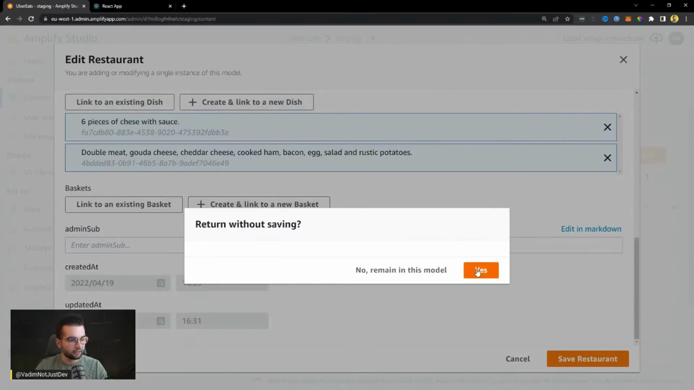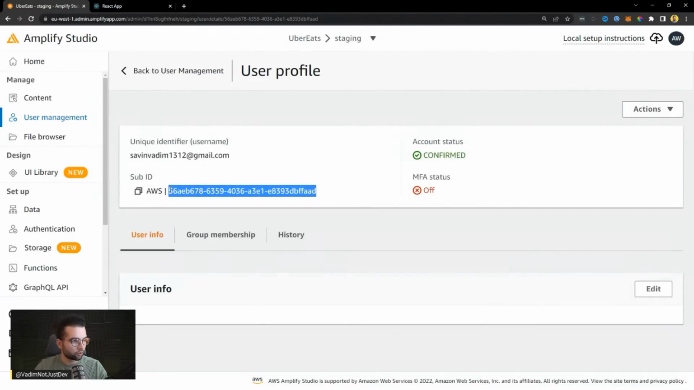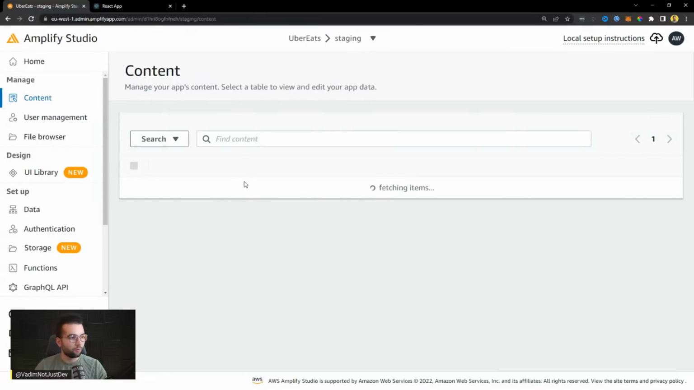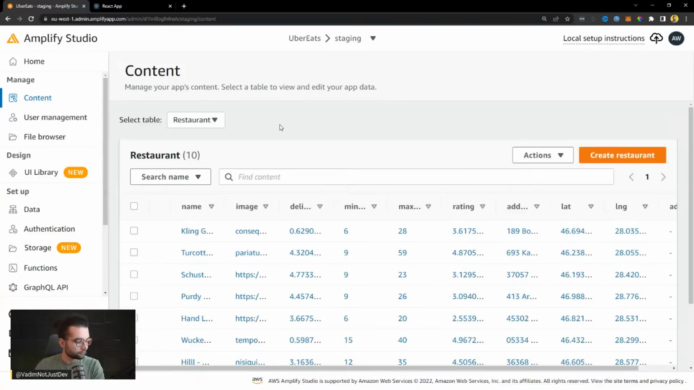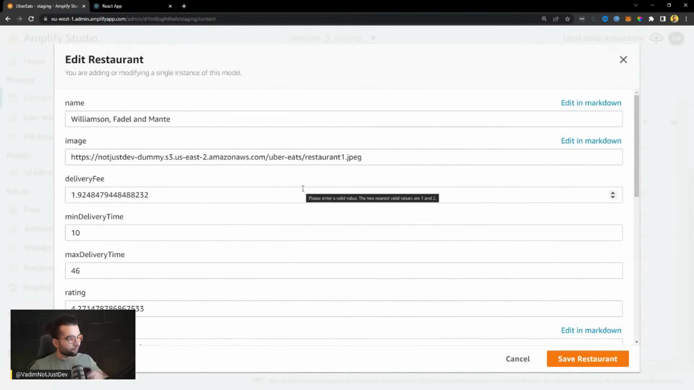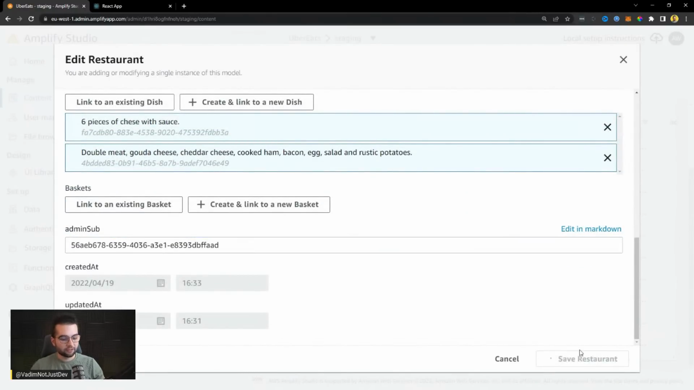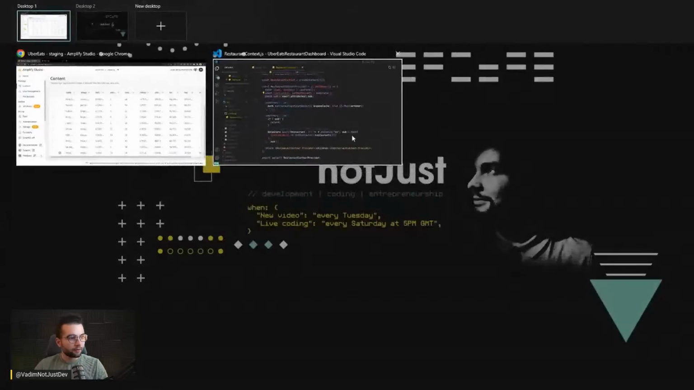I will actually need, let me add it for a moment just to show something visible on the screen to bring the point home. So in the content, let's go to, let's save a restaurant. Now,